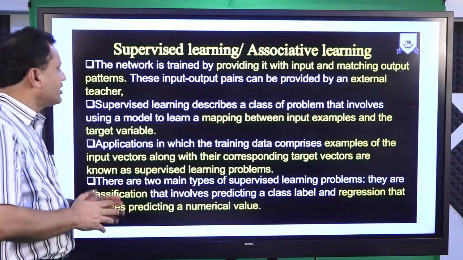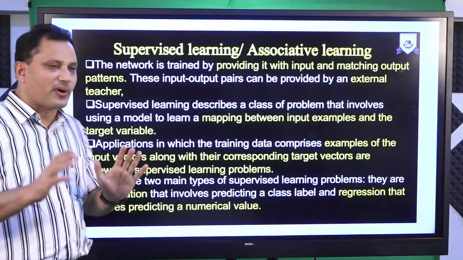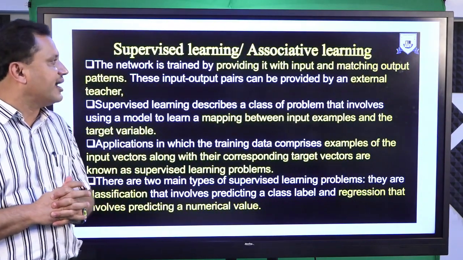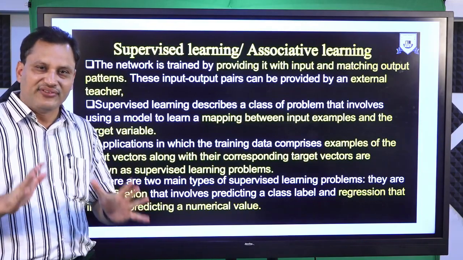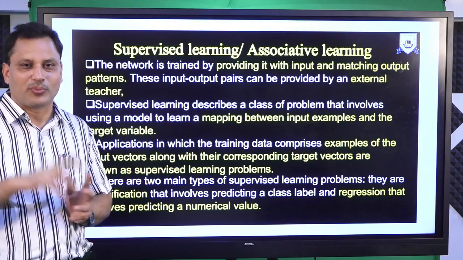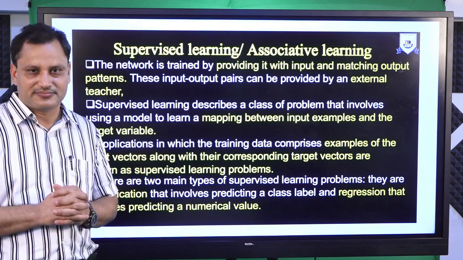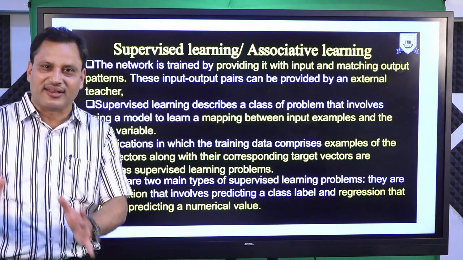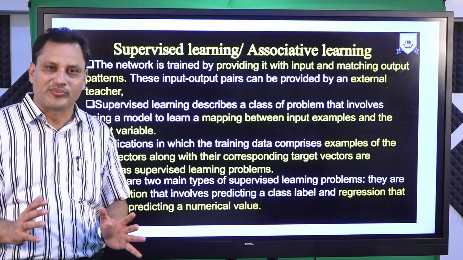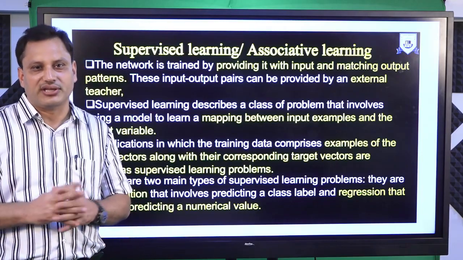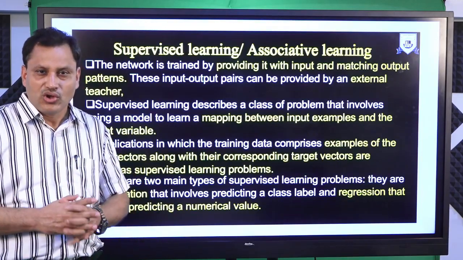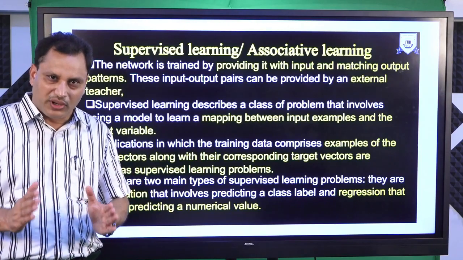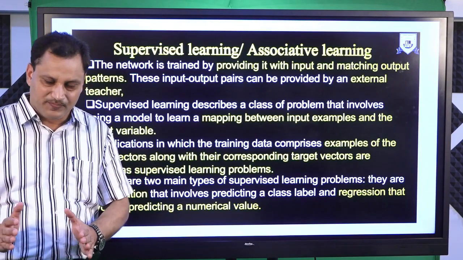Okay. Let us discuss first supervised learning. It is also called associative learning. As the name suggests, supervised comes from the supervisor. This is a very similar analogy: the child is learning from the parents, or the child is learning from the teacher in the classroom when he or she is going to school. So what is the meaning of the availability of the supervisor?